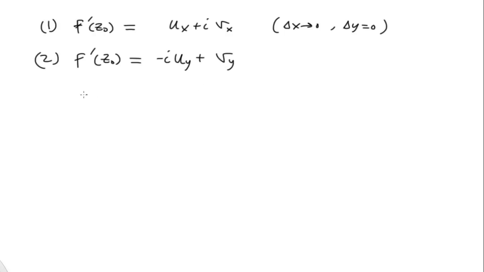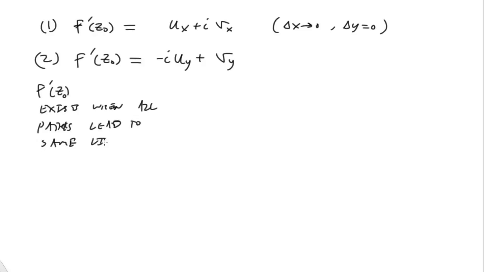Okay, and again, remember, f prime exists when all paths lead to the same limit. So it means that these two expressions have to be equal. Right, so we look at the real and imaginary parts, and it's clear to see that then we get from this